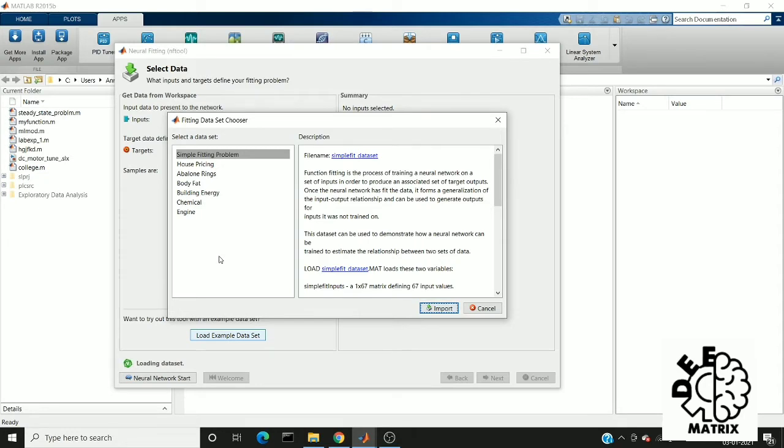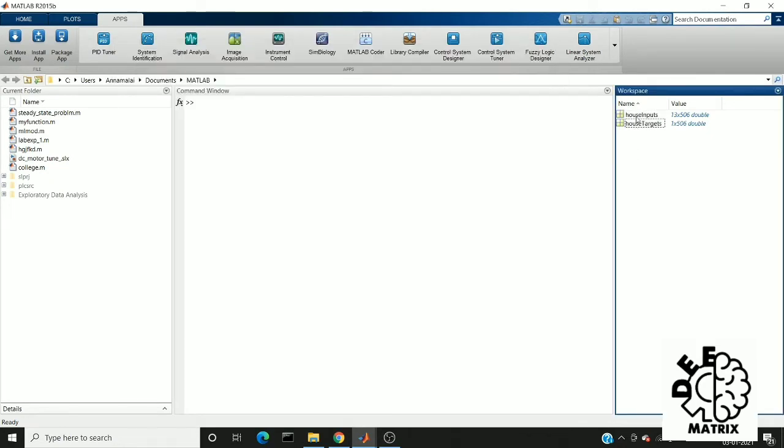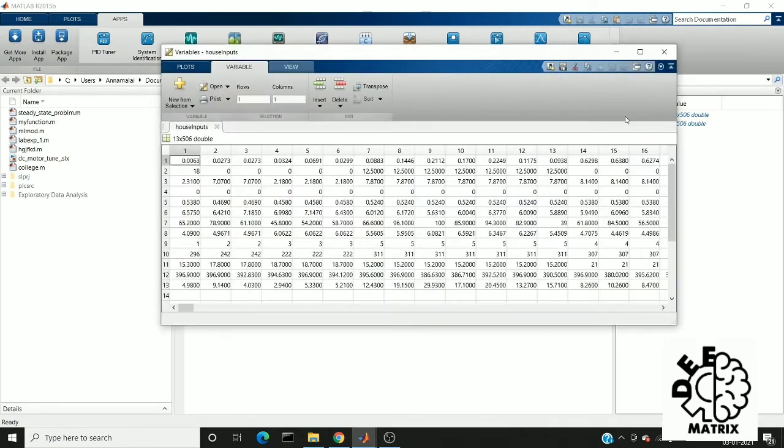After uploading the data to the workspace, you can use it in this app. We are going to use a house dataset. After importing, you can see house inputs and house targets here. You can also find those in the workspace.